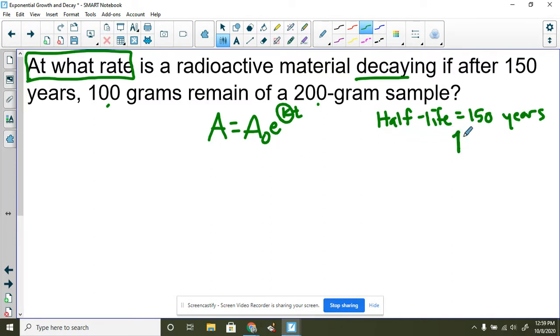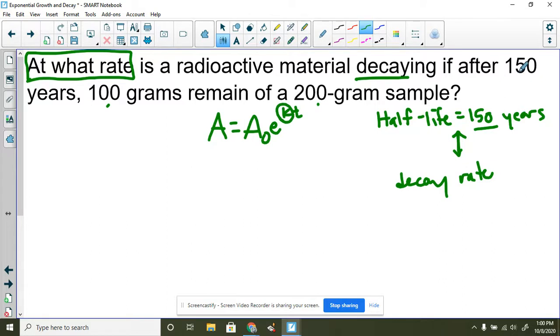Half-life and decay rate are connected. I realize that they're variables in the formula, but they're not variables in the sense where they can change. If the half-life of this is 150 years, then its decay rate is going to match that. It's going to be tied to that idea. It's not 150, but whatever the decay rate is for this will always be the decay rate